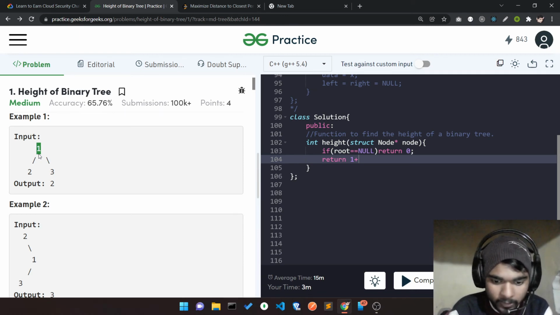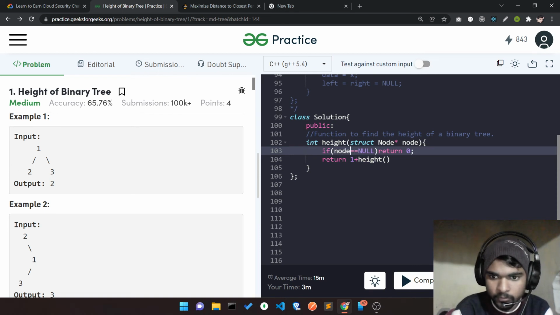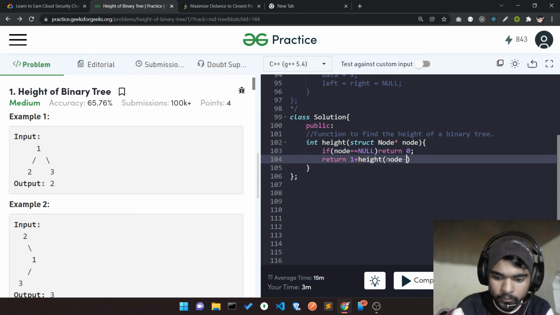So I'll call my height function. See, it's a node, and here there's also a node, sorry, I call it node left, and I have to find out the maximum of left and right.